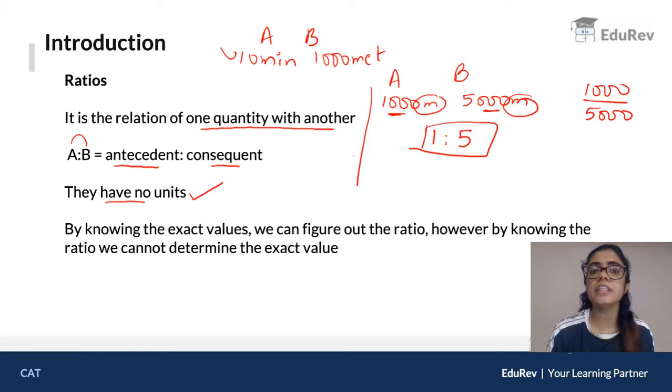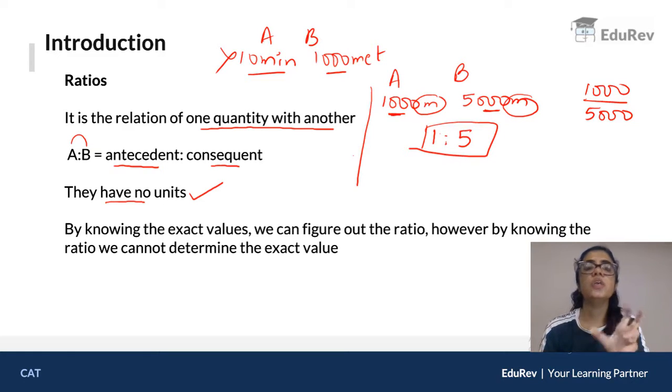You cannot take the ratio. This is not acceptable because both these entities are different. One is time, other is distance. So you cannot take the ratio of different entities. So whenever you have to take a ratio, your entity has to be the same. अगर एक distance है तो दूसरा भी distance होगा, एक time है तो दूसरा भी time होगा,